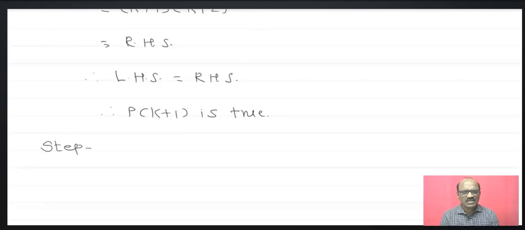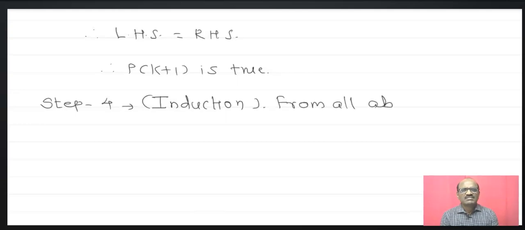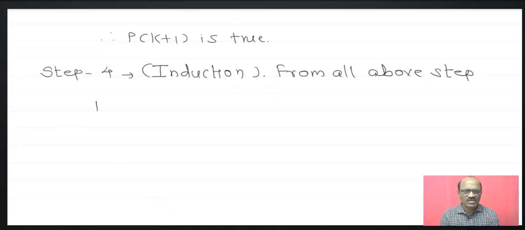In this case, for step number 1 and step number 3, we prove that LHS is equal to RHS, and step number 2 is only for the assumption. That is, in that step we replace n by k. Now induction is we generalize the result here. That is, from all the above steps